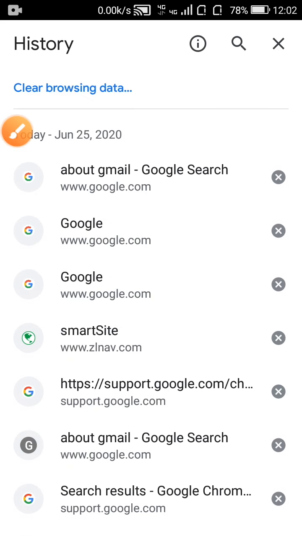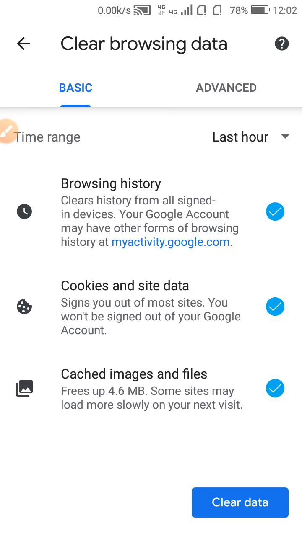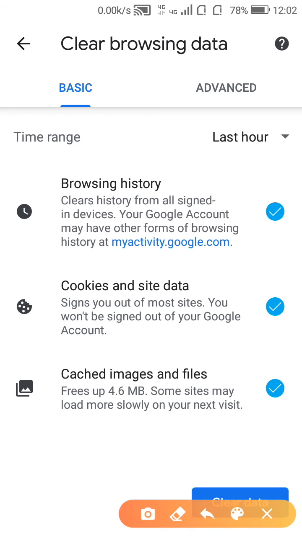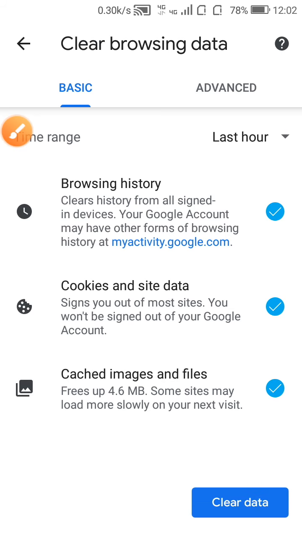So these are all the history. If you don't want it, then click here, click browsing data. Here all of the histories are shown. By clicking here, it will clear all.